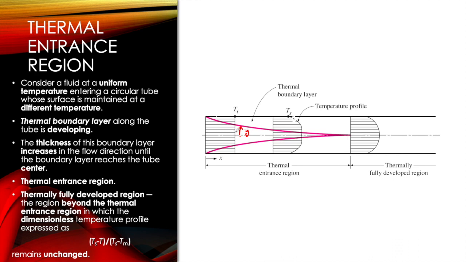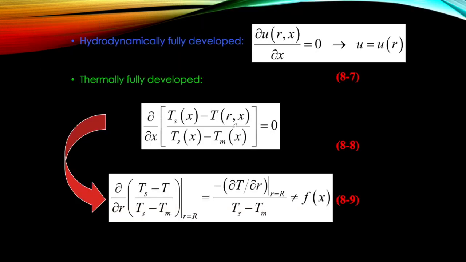It depends on the position of the fluid layer. So the fluid layer will be different at different layers. Okay, so at this point, for the hydrodynamically fully developed, the velocity is equal to UR. For the thermal fully developed, this is the equation that will be derived, and then it is equal to 0. So therefore it becomes,